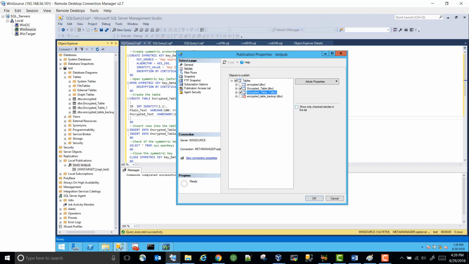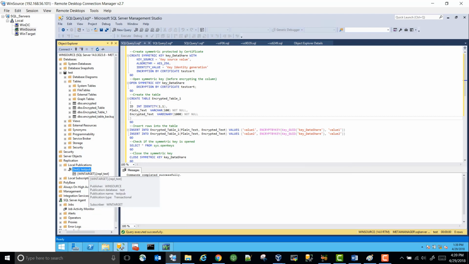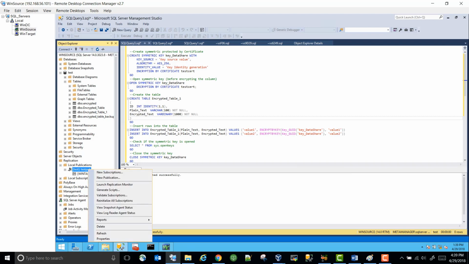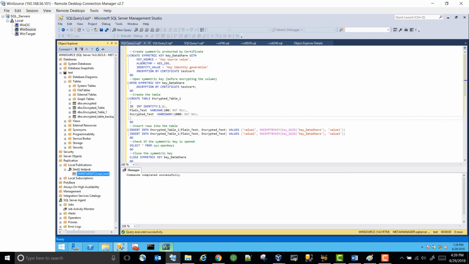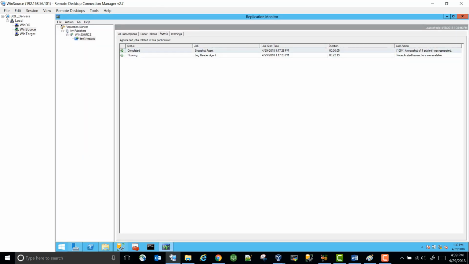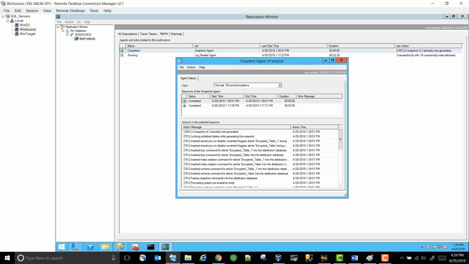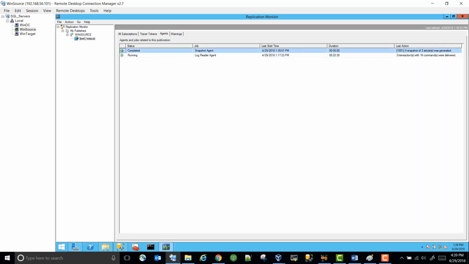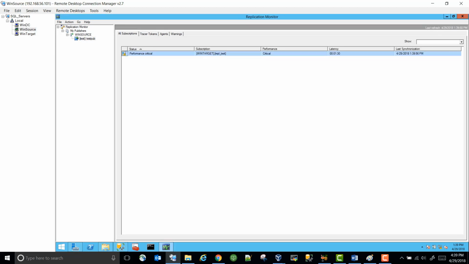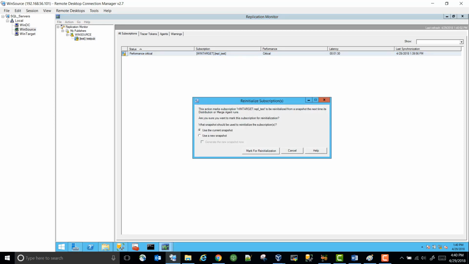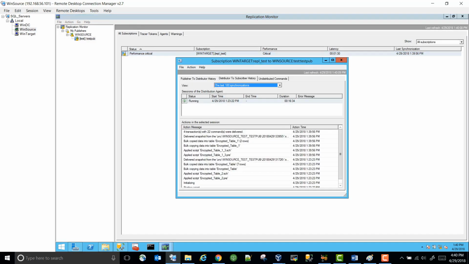Now I can select this table, click OK. So we need to generate a new snapshot. You can go here and create a new snapshot. The snapshot is successful. Now let's go here and reinitialize the subscription, because the subscription is gone. Mark for reinitialization, and now you can see again it created the records on